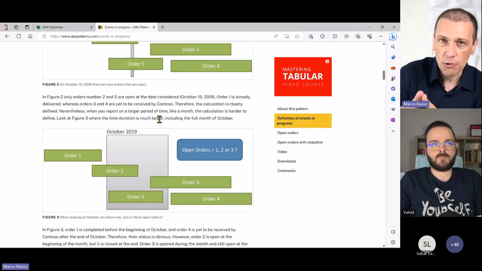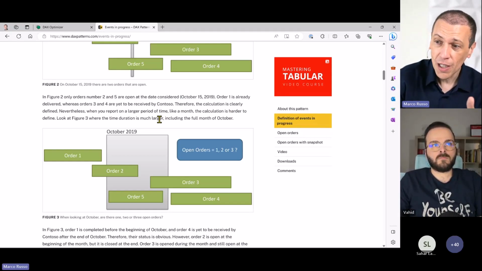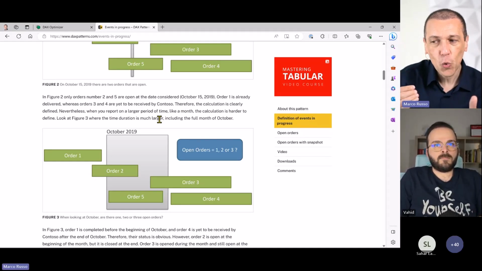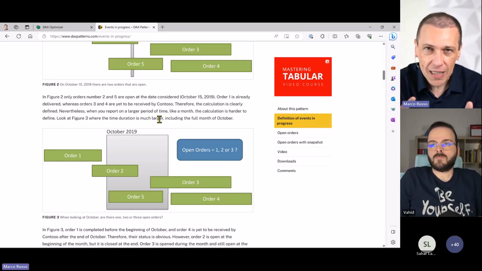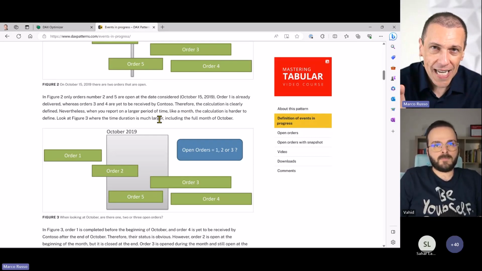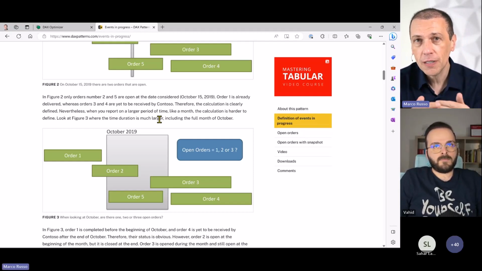This article actually tries to cover all the possible combinations, but you will see very soon that the first thing you have to do is ask yourself, what do we want to see? What does it mean by month? The end of the month, the beginning of the month, any day in the month. Each answer could have different